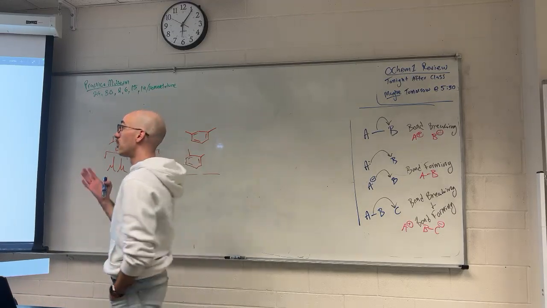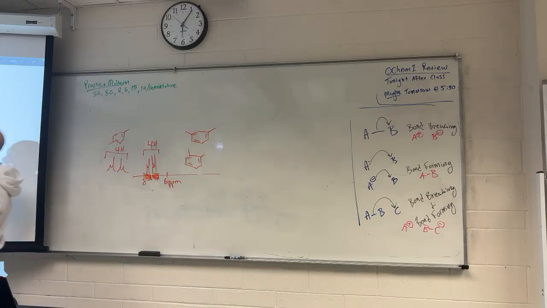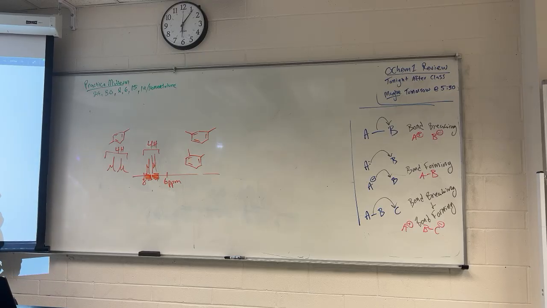Okay, so I want 4 hydrogens, a group of 1, a group of 1, a group of 3. Here's my 4 hydrogens on the aromatic ring. Where's my group of 1, group of 1, group of 3? Britton? Yeah, the one on the alcohol. The one on the alcohol. One on the secondary carbon. And the methyl group. That secondary carbon looks like it has 3 neighbors, so it should show up as a